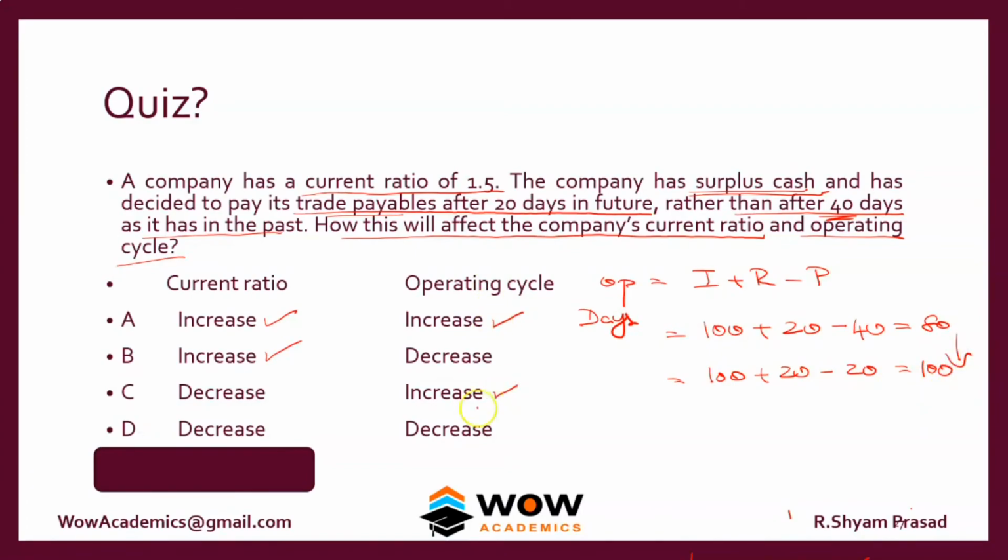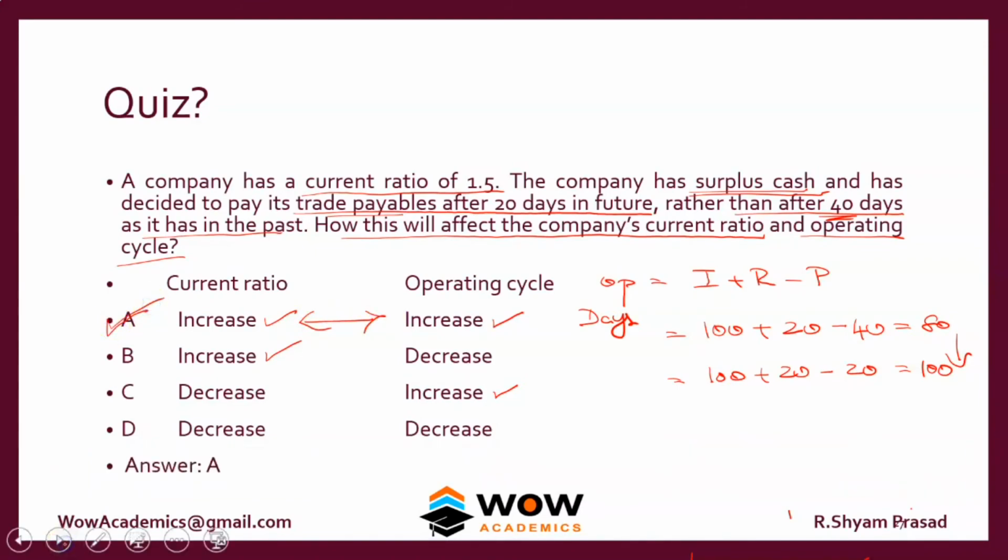So options A and C are being chosen here. But among these, this is the only one where both the options are right. So the answer should be A. So we got the answer. If you get a question like this, you have to assume some numbers and work it out. But the assumption should not be for all the numbers, because if the question has given you certain numbers like here, here, and here, you have to use them and solve it. It's all about practice makes perfect.